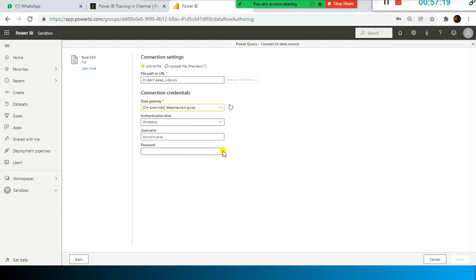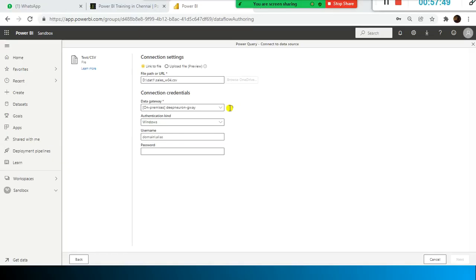Okay, so now I just selected it, Windows domain alias. Here I need to specify my laptop. One second, let me check. Not this one.